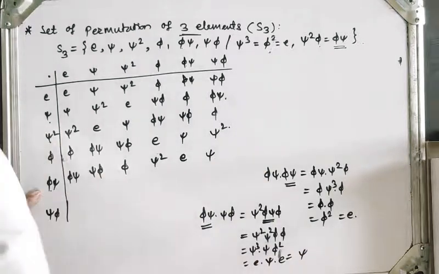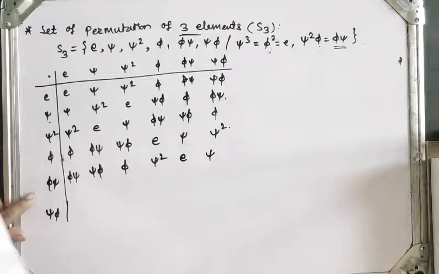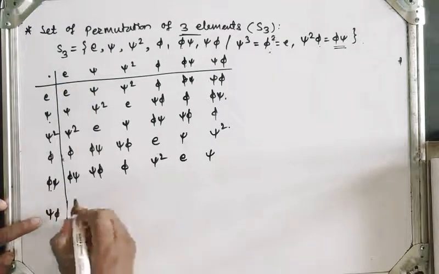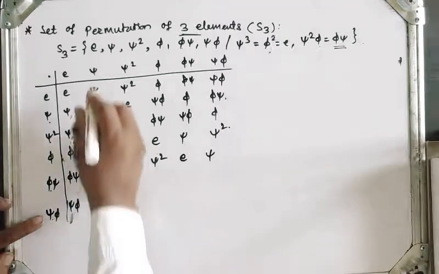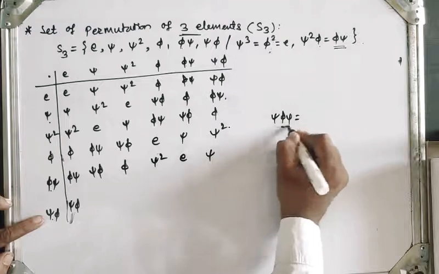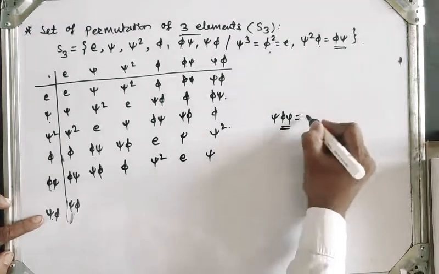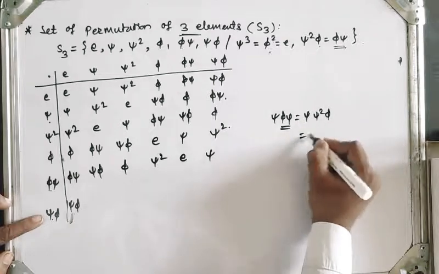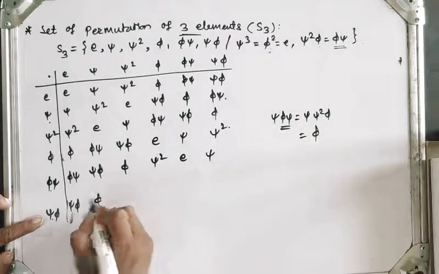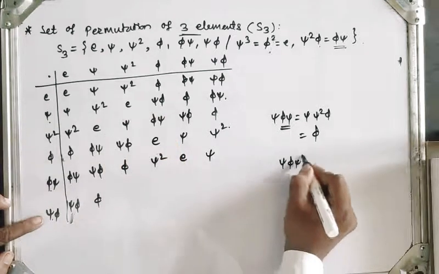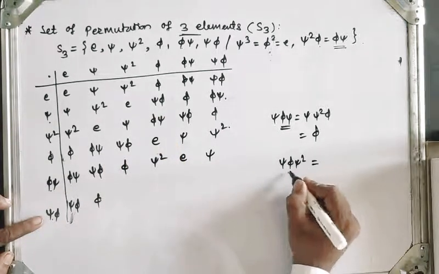And last composition will be psi phi. Here psi phi, next psi phi into psi phi into psi, which is equal to, from these last two, what is the value? So phi psi is psi square phi, so identity means only phi. Next psi phi into psi square, psi phi into psi square, which is equal to, so I will write it as